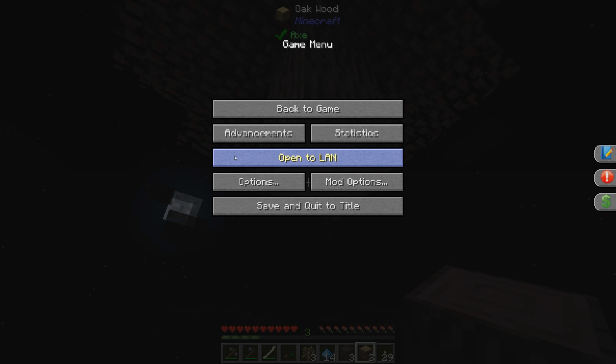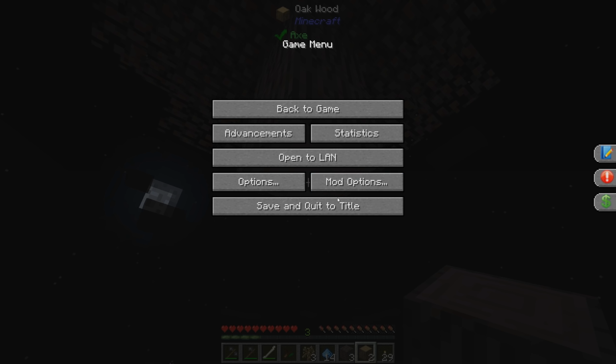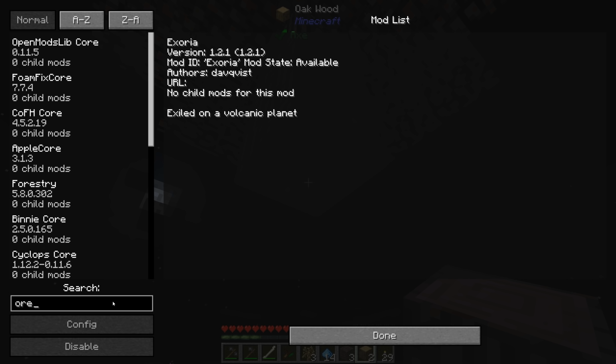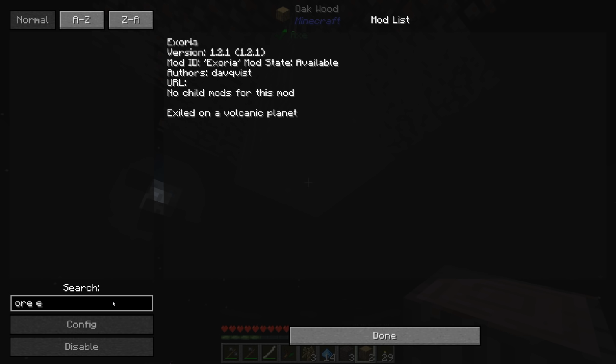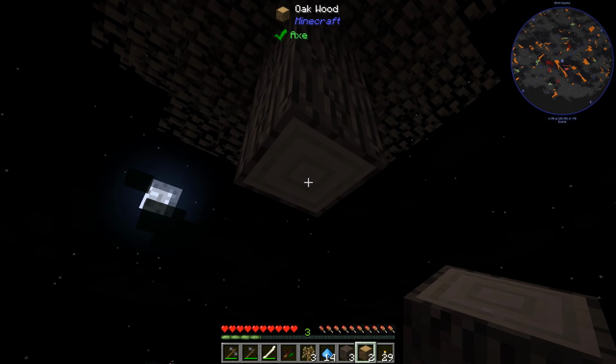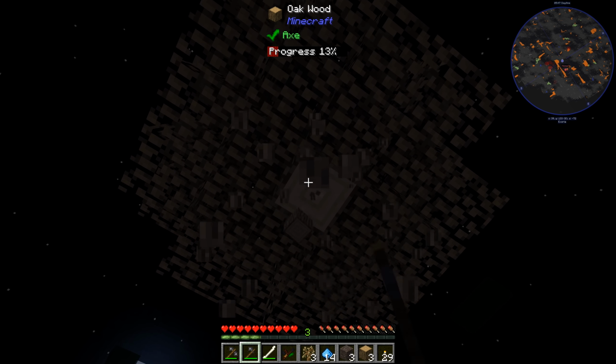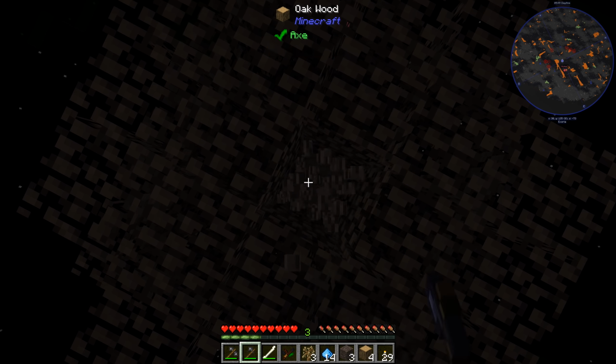Does this have ore excavator? Let's take a look. If we go to mod options, ore excavator. I don't think vein miner. We probably don't have anything like that. Okay, so we'll most likely have to just break every log by hand until we get maybe Tinker's tool,